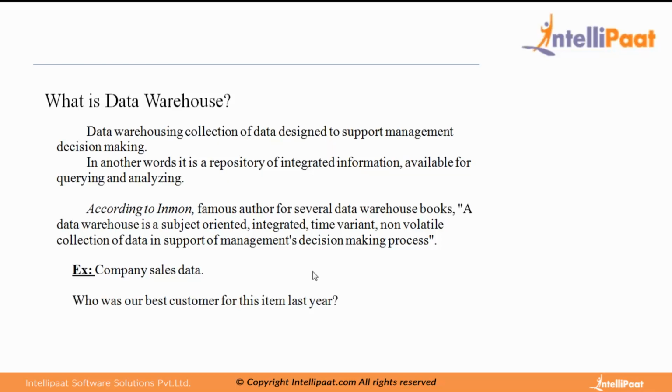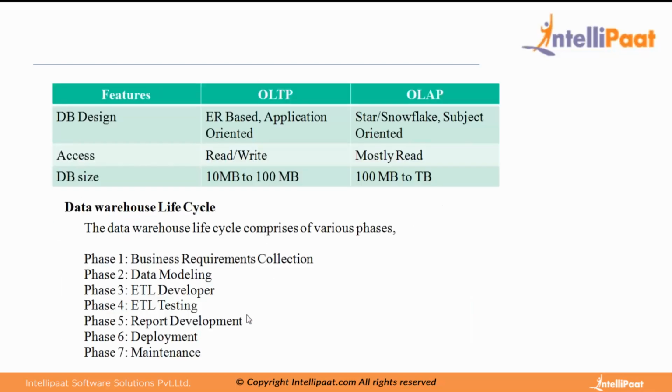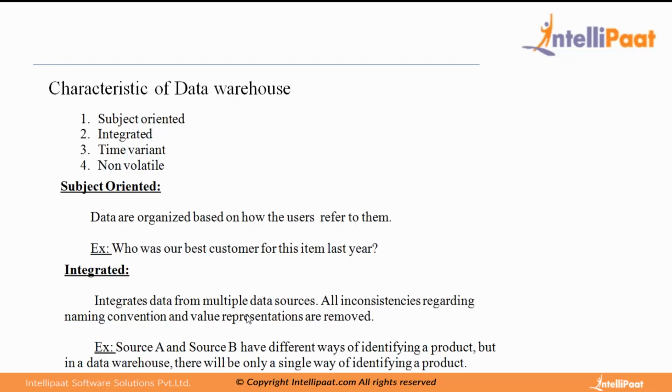Two different concepts of data warehouses are there; I'll talk about that. The basic definition says a data warehouse is a subject-oriented, integrated, time-variant, and non-volatile collection of data, right? These are the 4 characteristics of a data warehouse, which help the business to get the exact reports. I'm coming to these characteristics, and then I'll go back to the previous slide. So a data warehouse has to be subject-oriented, integrated, time-variant, and non-volatile.